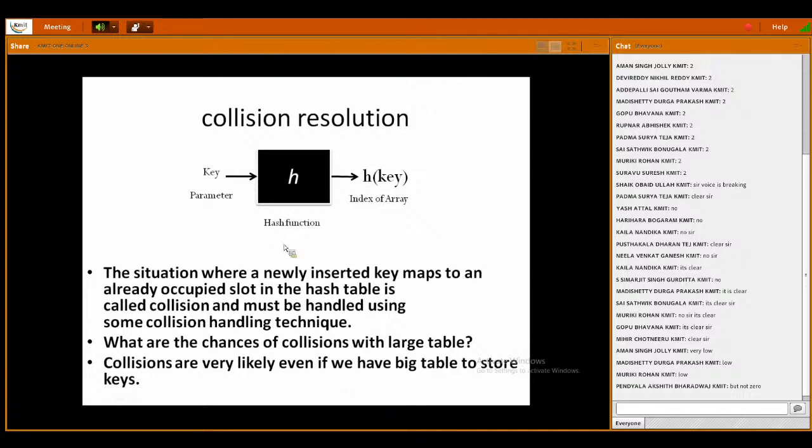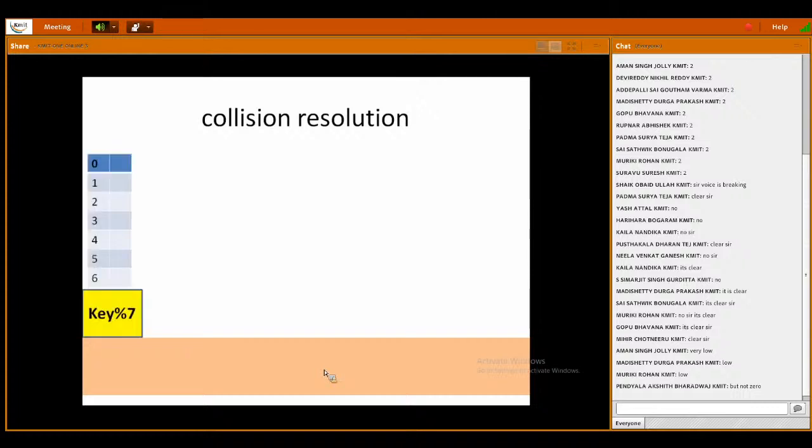Therefore, the title: collision resolution. So as you think, collision has happened. So what's the alternative? Sir, do one thing, double the size of the array. Still collision? Oh, make it 10 times the size of the array, right? But if it still continues, then you have to look for something else, isn't it? Okay. Now,